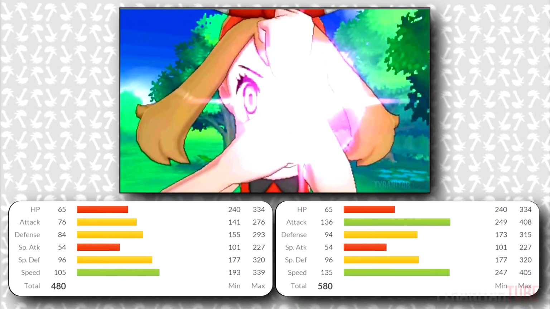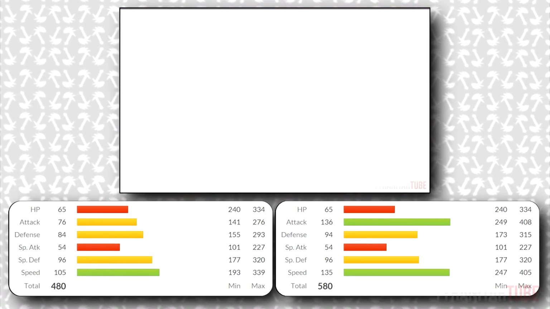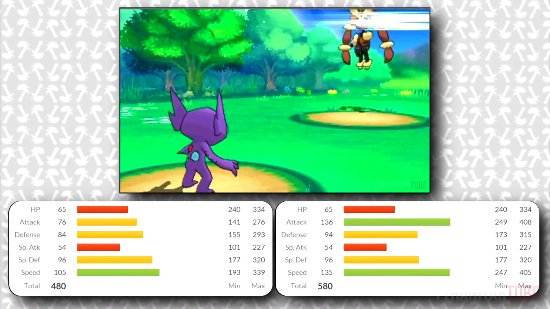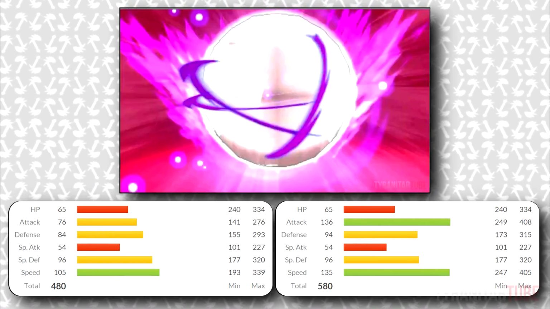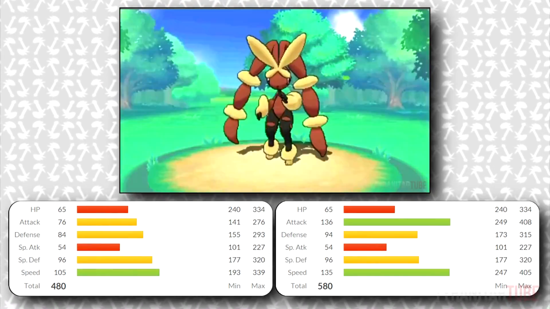Mega Lopunny is a unique Mega Evolution as well. It gains the Fighting typing to become a Normal Fighting type and also receives the Scrappy ability that allows it to naturally hit Ghost types with its two STAB typings, which removes the need to run a move just for hitting Ghost types. It also gains a major boost to its attack and speed as well as a smaller boost to its defense, which ultimately makes this thing a pretty powerful Pokemon, and it also learns new moves in Omega Ruby and Alpha Sapphire